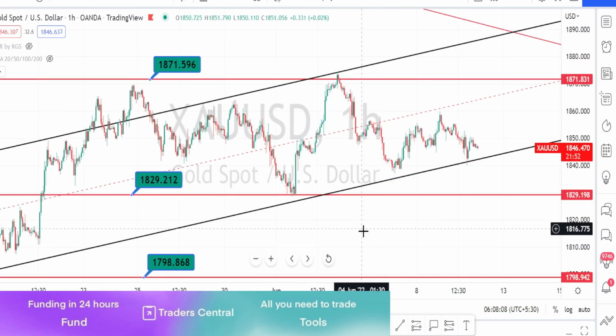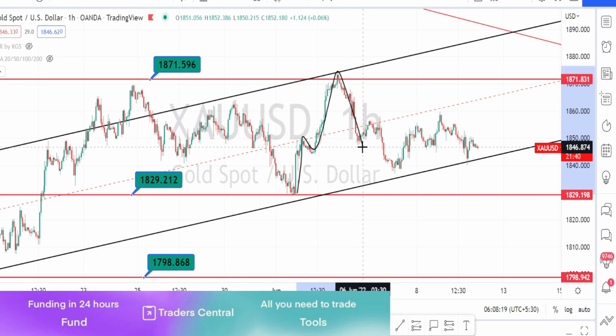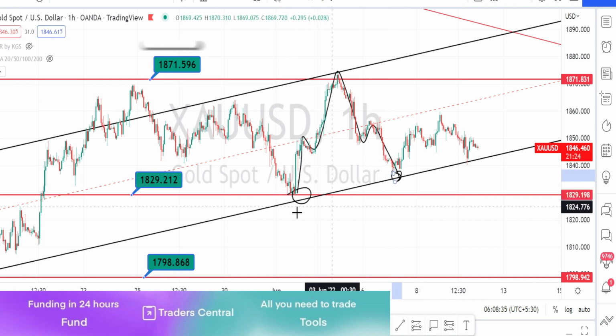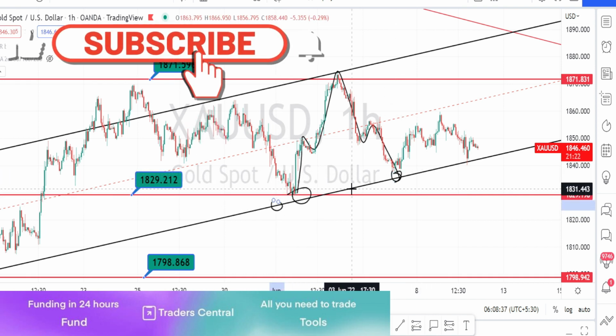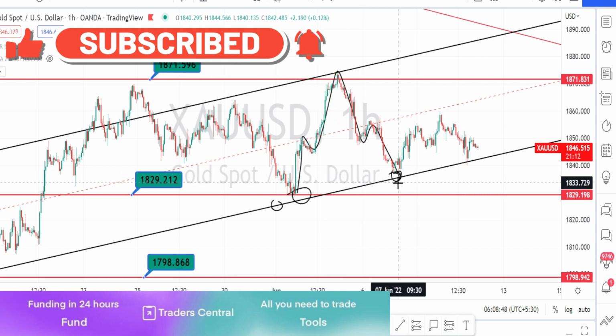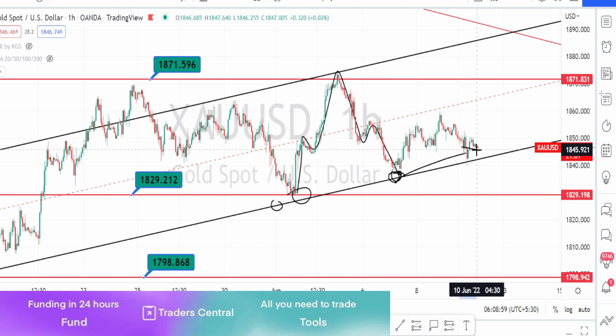I am in hourly time frame now. When we look at the price action in hourly time frame, here we can notice that the price action had formed something similar to a head and shoulder pattern, and it has completed this retracement also. Currently it is taking support on the bullish channel pattern support line from the 4 hours time frame. Since the pattern has been completed, we are noticing the price action to bounce back from this support line or